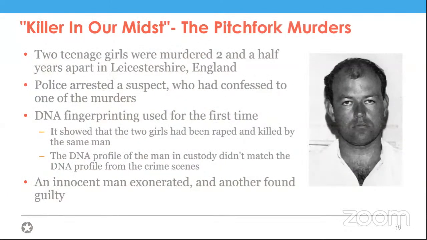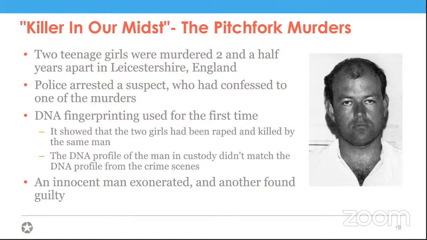The first use of DNA fingerprinting and DNA profiling was in a case involving the rape and murder of 2 teenage girls in Leicestershire, England, between the years of 1983 and 1986. The police had a suspect in custody who confessed to only one of the killings. And using DNA fingerprinting, the forensic evidence showed that the 2 girls had been raped and killed by the same